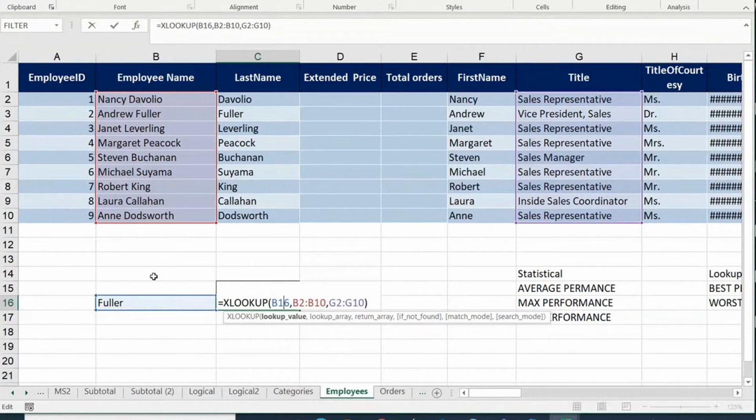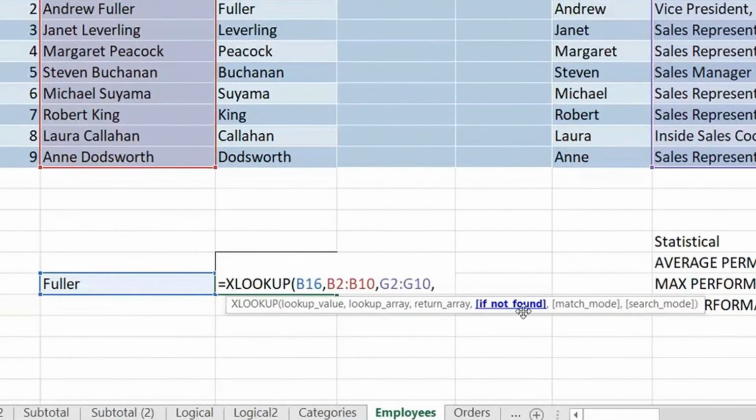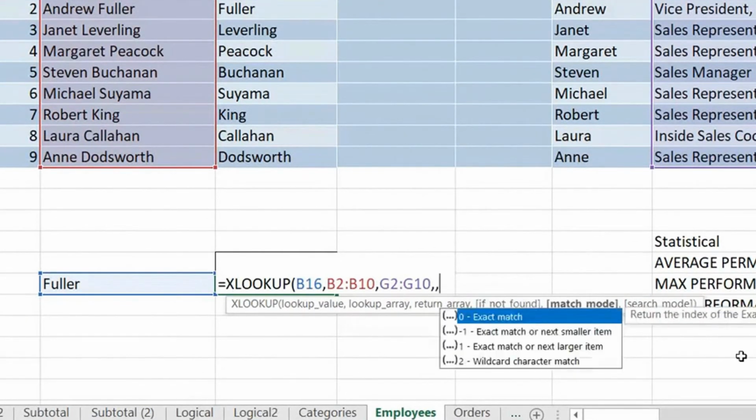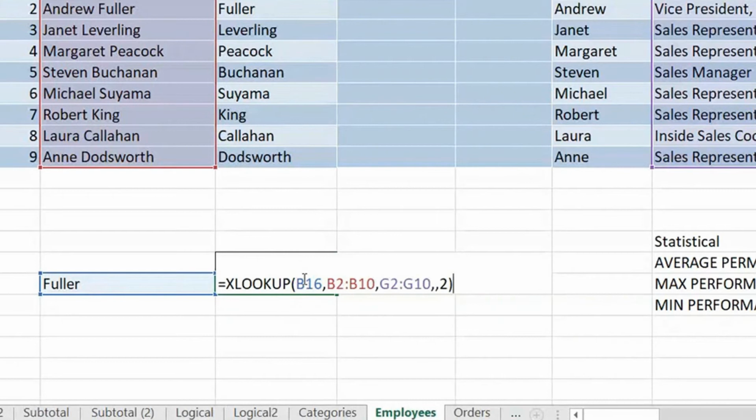But guys, what you should focus on here is some extra parameters. If I put a comma, I told you we'll go to if not found. Right now I'm not worried about if not found. I'll just bypass this, put a comma again. Match mode is important here. In match mode, you have exact match. These two I told you about approximate match. And the last parameter is wildcard character. Look at this. I'll just bring that wildcard character. That is parameter 2, after your if not found parameter. So if I just write 2, still I get NA. This is because I chose wildcard character, but I did not write the wildcard character.